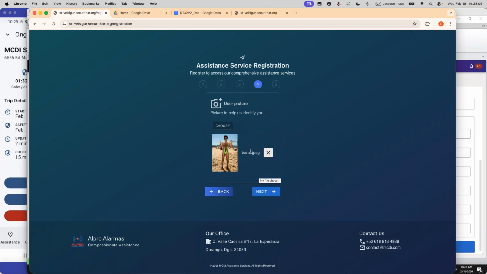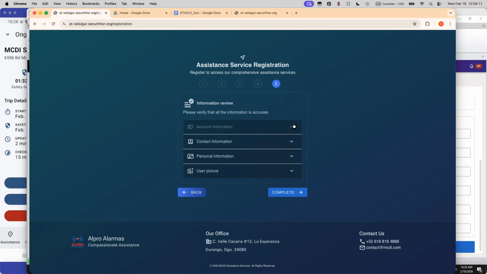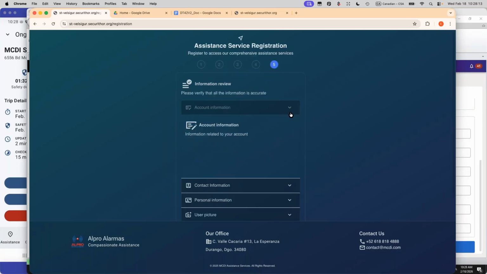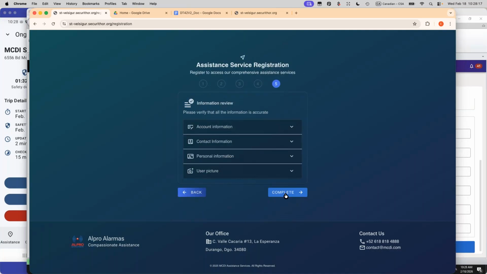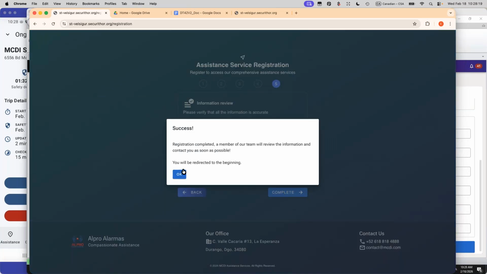If we're sending our responders, they need to identify the gentleman. And we can review our information this way during the registration and complete, in this case, my Securitor and my